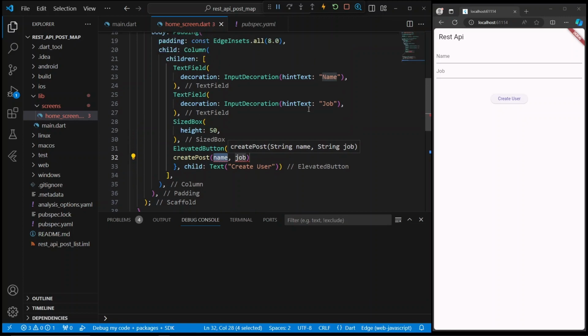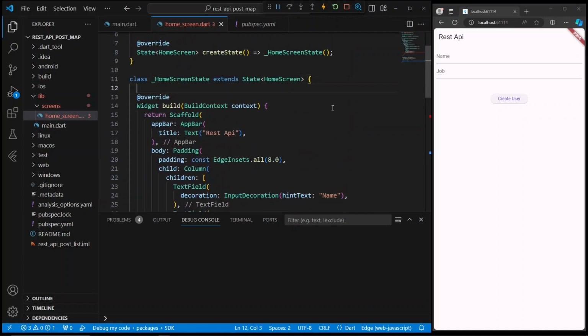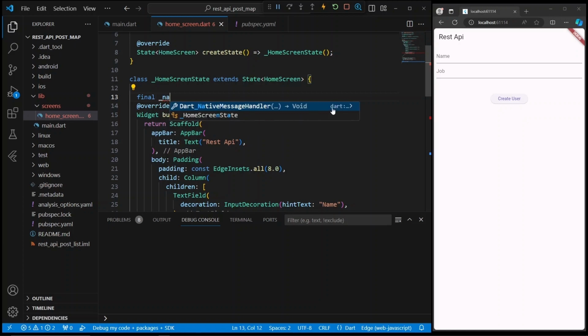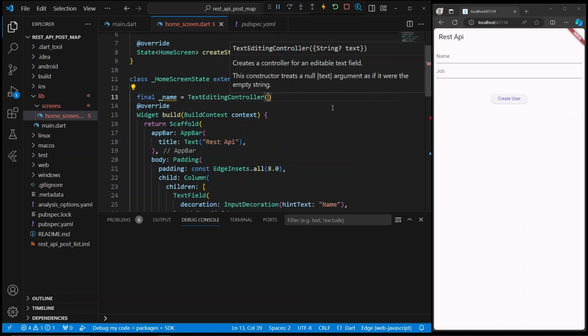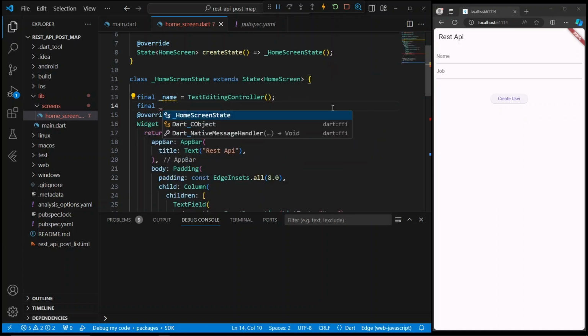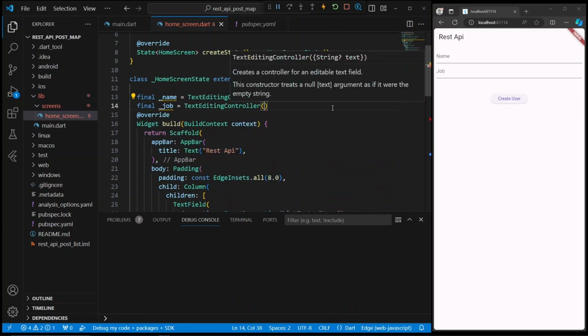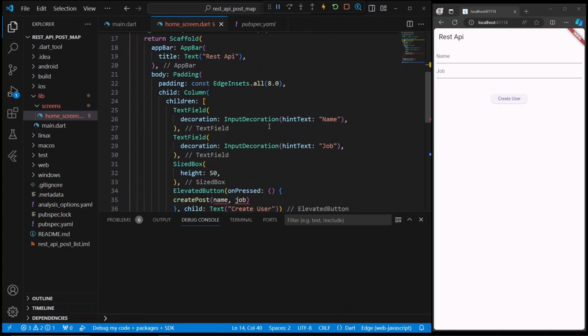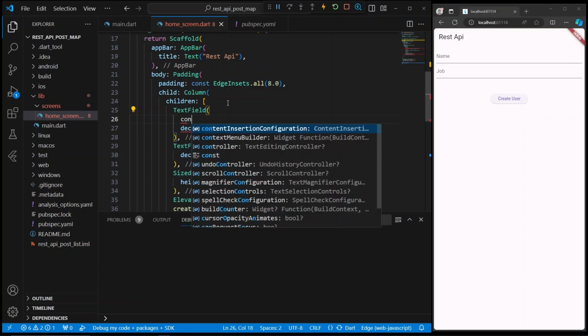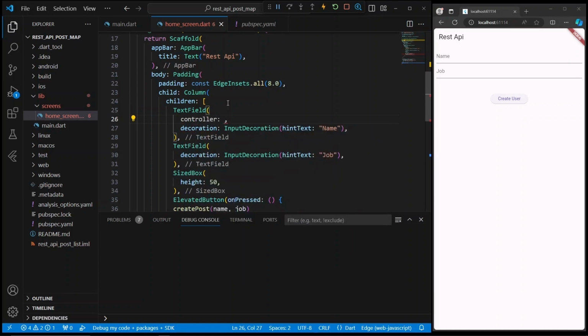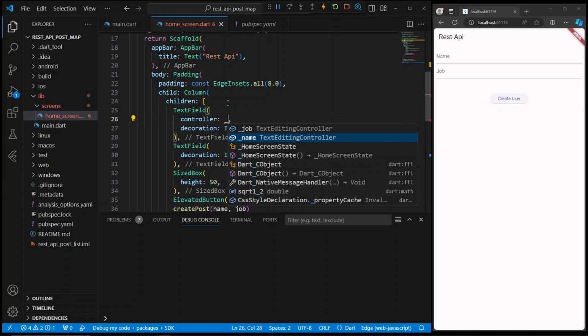This function requires a controller, so create a TextEditingController. Insert this name into the text field controller property.